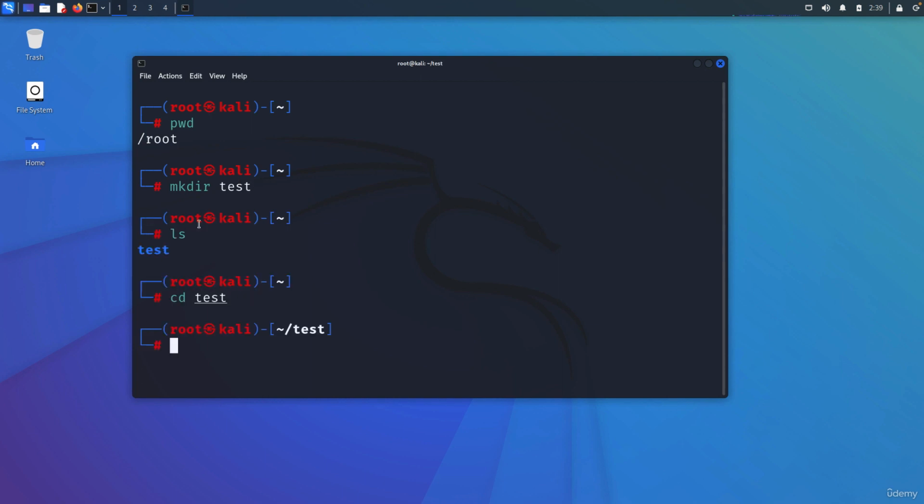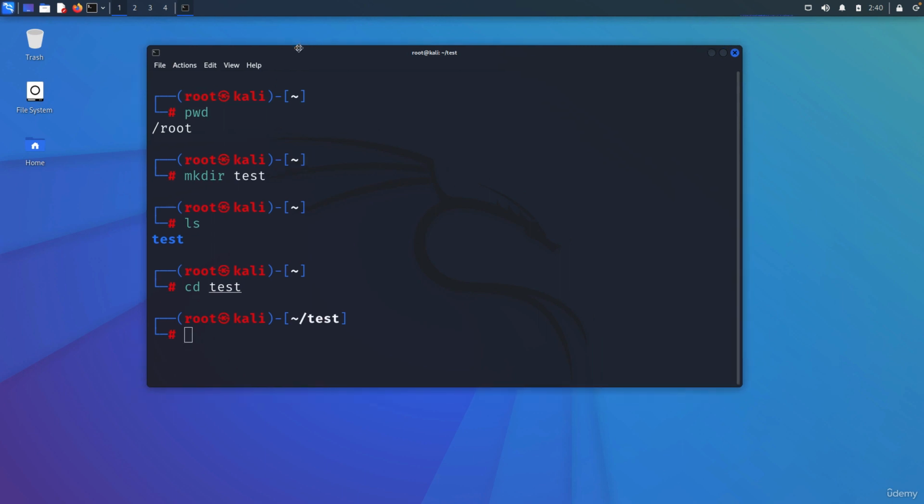I can create a folder, I can go into another folder, I can do cd test, I can do cd .., I can execute anything that we have seen before, right? Because I'm root, I can do anything. I can even delete the bootloader so that the operating system won't even boot again.